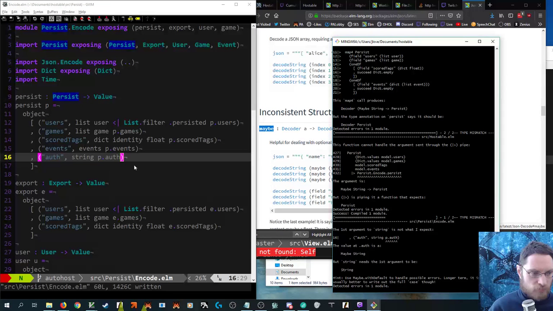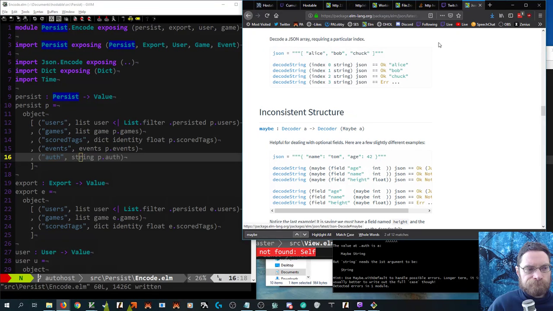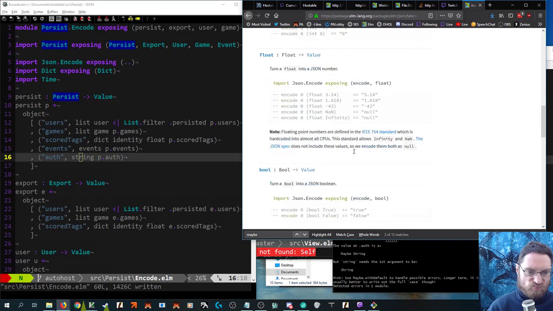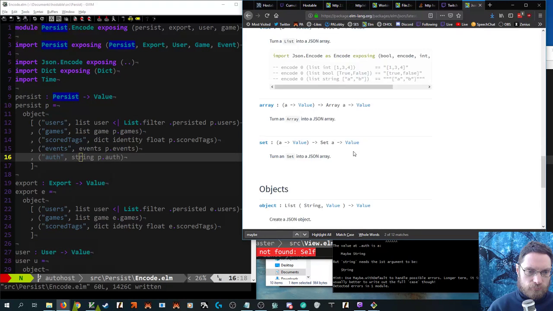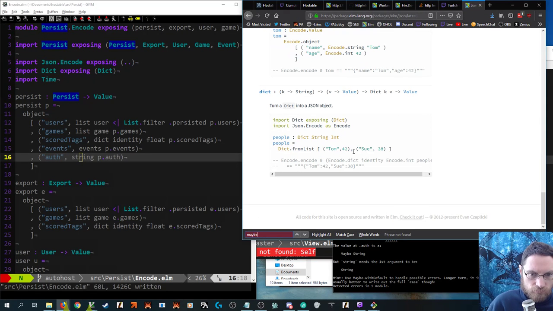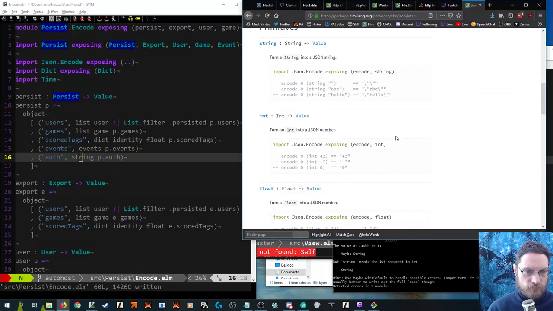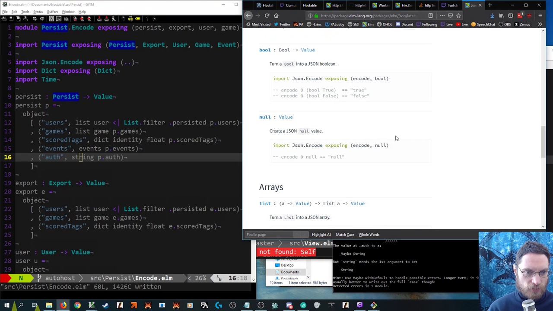Detected error. Oh. So either we do not pass that to, so either we have to do a thing where we say with default null,